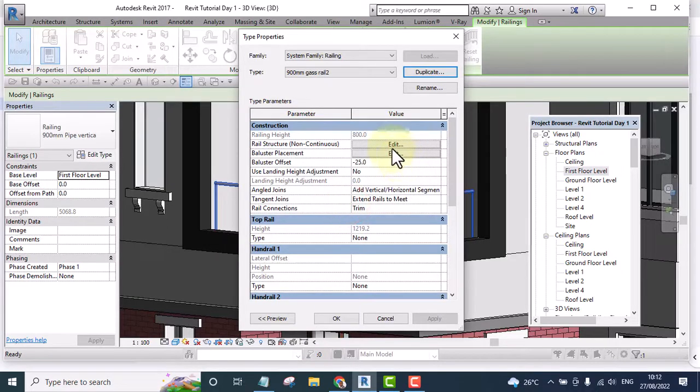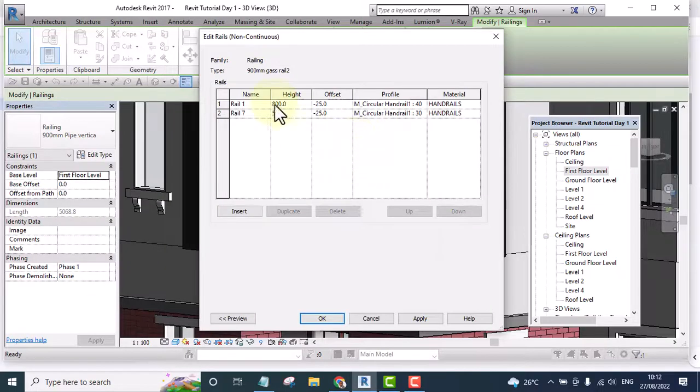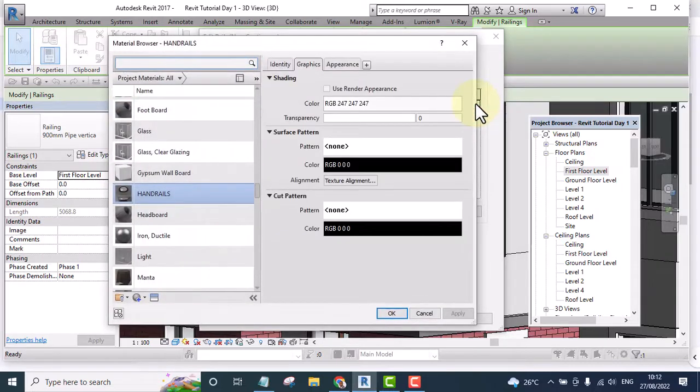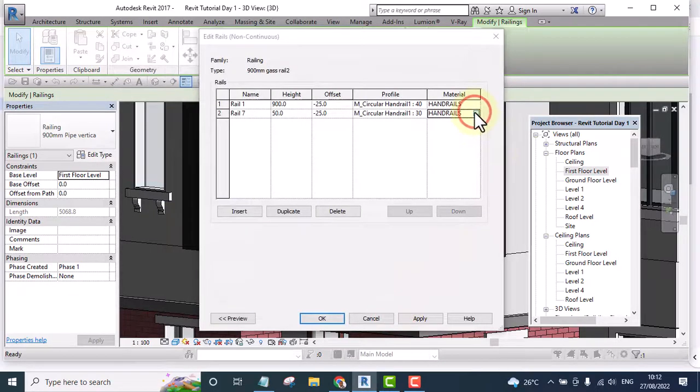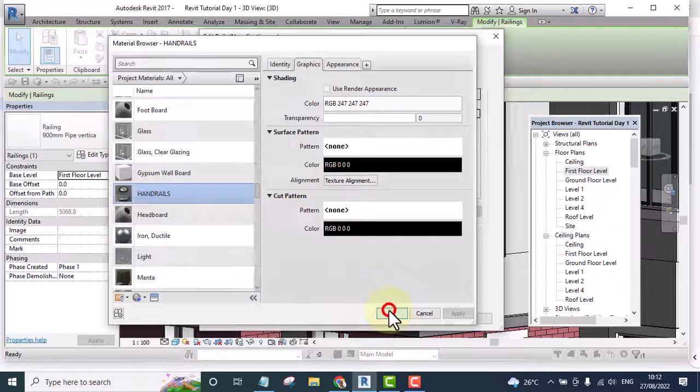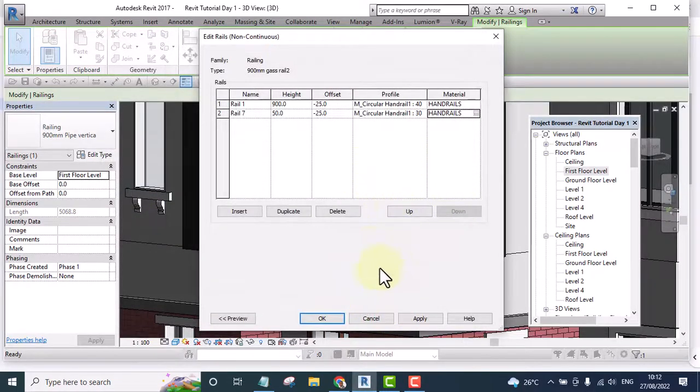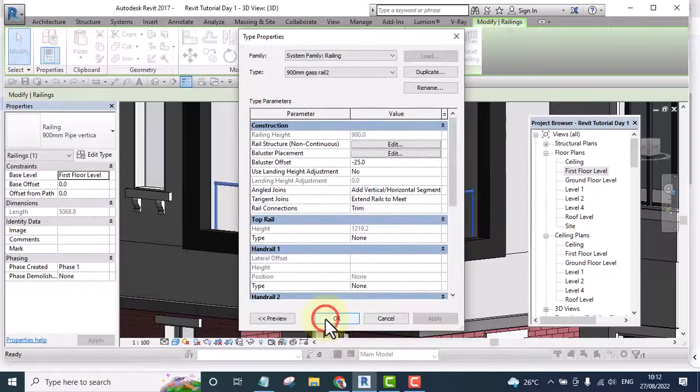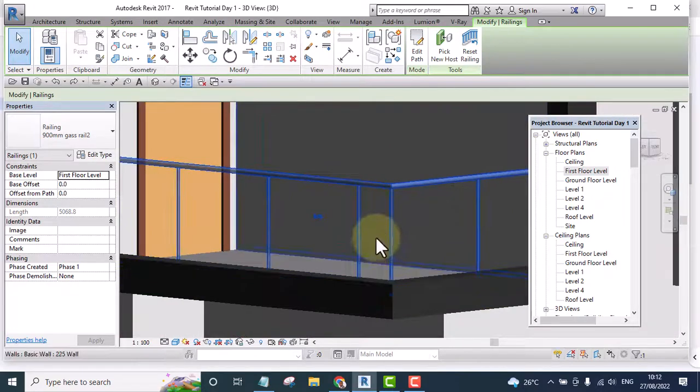I click OK. Then I go to Rail. This top one is the one that determines the height of the handrail. If I want the height of the handrail to be 900 mm, then I'm going to set this height to 900 mm. Okay, and the material, this is where I can set the material. This material is the one I have created, so I'm going to set this one to Handrail and click OK. Then also this one, I also set this one to Handrail and click OK. All right, then I'm going to click Apply, click OK, click OK again, and you can see now that we